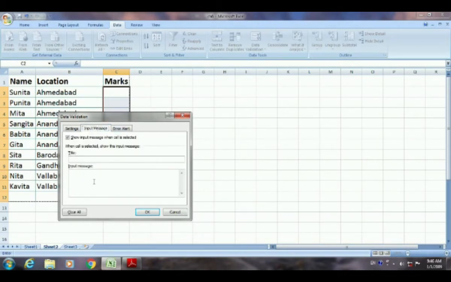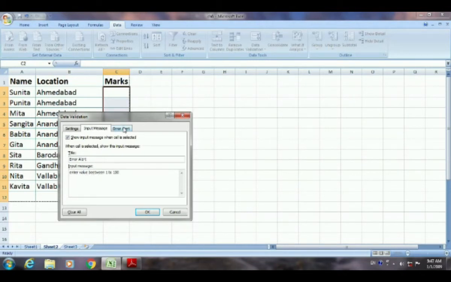In the input message, type the title, Error Alert, and in the message give: enter value between 1 to 100.